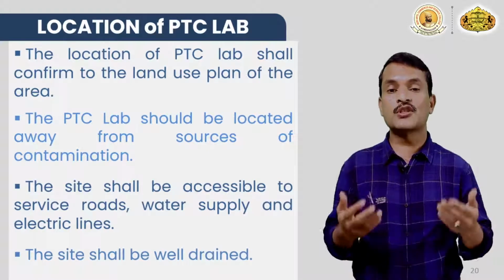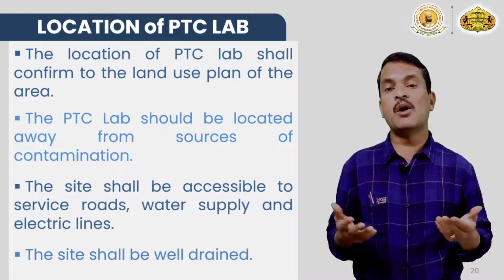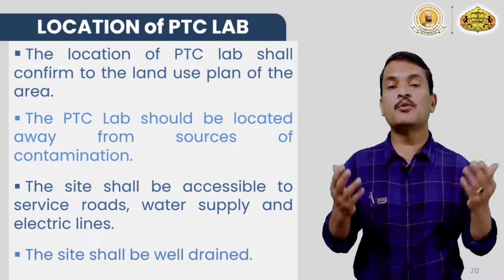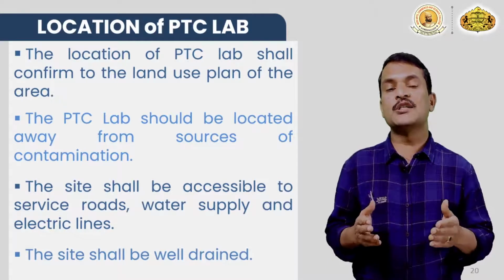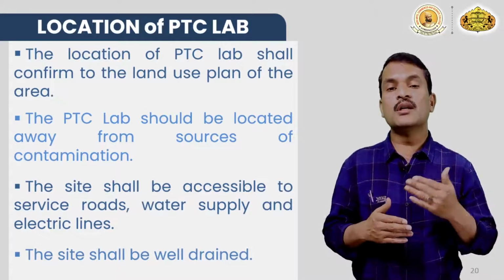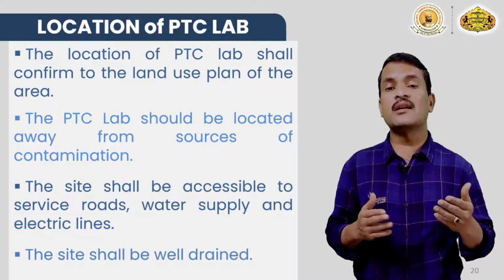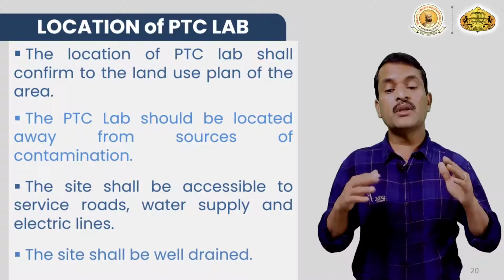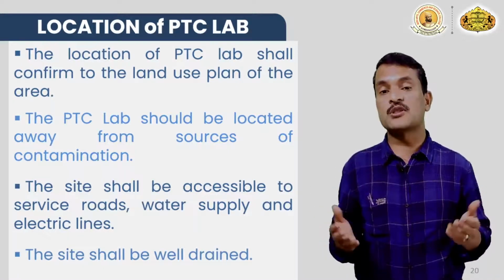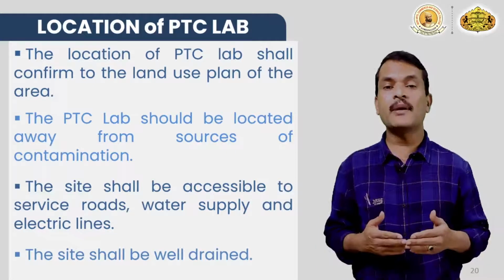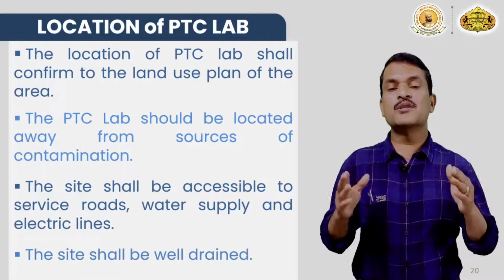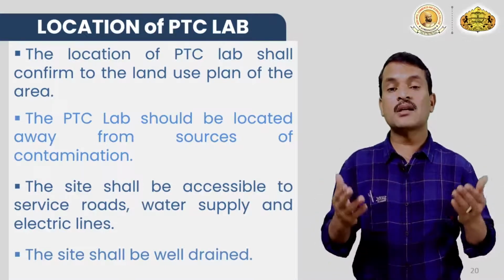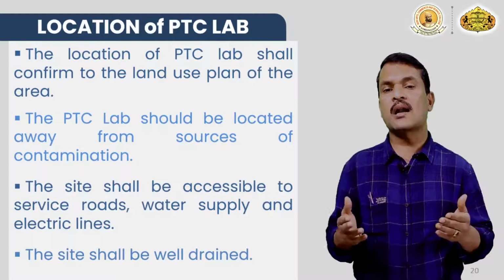During that time a lot of water is consumed, because we need to maintain a high amount of humidity in the initial time. We need to maintain high humidity up to 100% and low light conditions, and then slowly we decrease the humidity and increase the light intensity. So we need an adequate water supply, as well as electricity. Without that, things will not be possible, because we need to control the environmental conditions. For that purpose we are going to use an air conditioner and a lighting system in the culture room, and for all this, electricity is necessary.